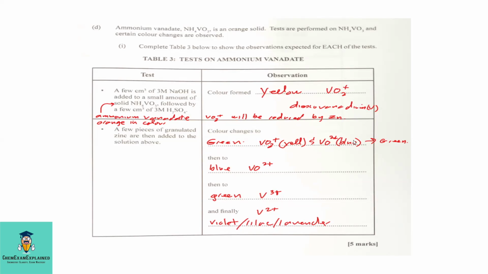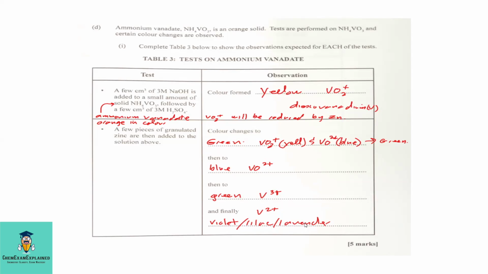While the change is taking place, you have two colors mixing, yellow and blue, which forms green. So what you should observe here is a green color as the dioxovanadium(V) is reduced to oxovanadium(IV), which is blue. So the blue and the yellow mix to form green. The zinc will cause the complete reduction of the dioxovanadium(V) to oxovanadium(IV), and that is when you observe a blue color. Further reduction will cause the oxovanadium(IV) to be reduced to vanadium 3+. And again, further reduction with the zinc will carry the vanadium 3+ to vanadium 2+, which is violet in color,